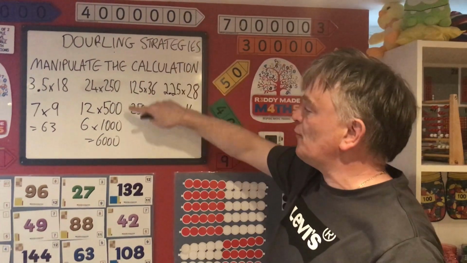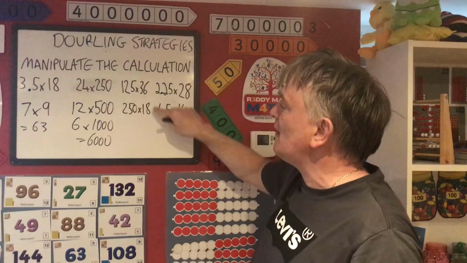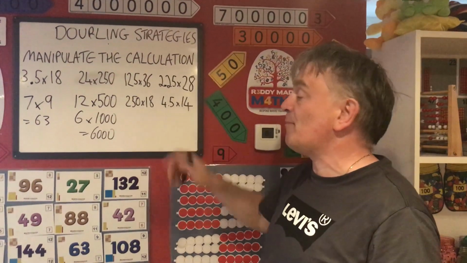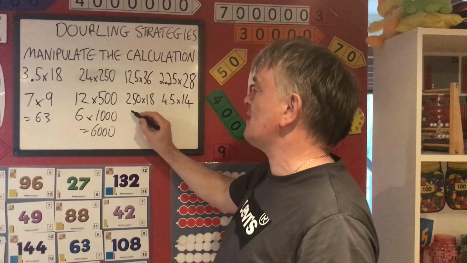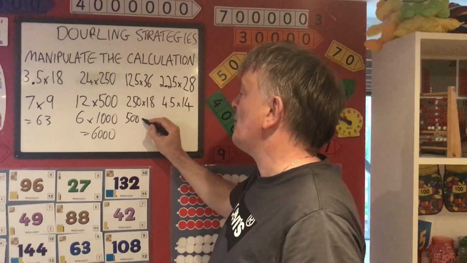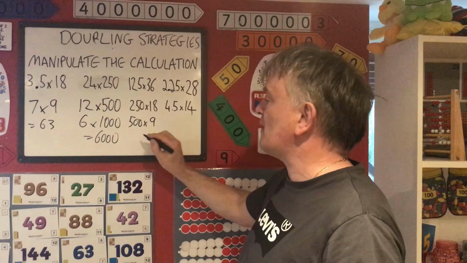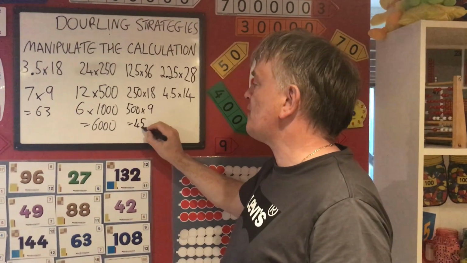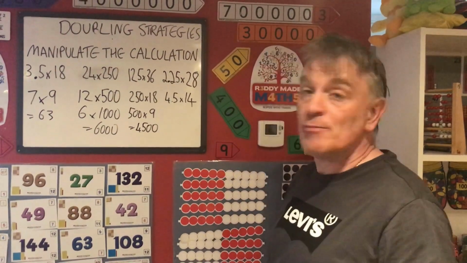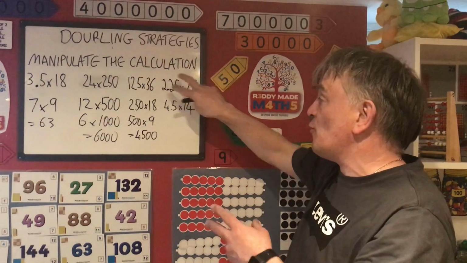Similarly here, I've doubled the 125 to get 250, and I've halved the 36. I'm still not very happy with 250 times 18. I'm far happier with 500 multiplied by 9. So I've just done that twice, and that gives me 4,500. And last but not least, this one again, you might need to think of this as 2 1/4, but